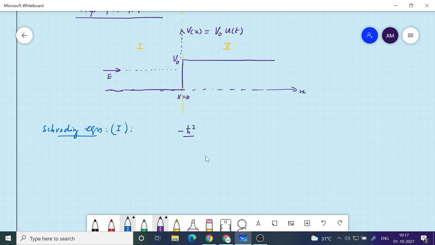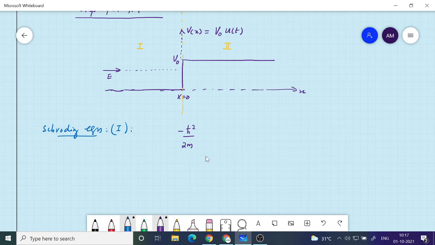minus h cut square. So by Schrodinger equation, I am only talking about the time independent Schrodinger equation, because that is what we need to solve to get energy eigenvalues and energy eigenfunctions. And once you get energy eigenvalues and functions, then it is just multiplication with a known function, which is just adding phase to the wave function. Okay, so that is trivial. But what is more required to solve is basically the time independent Schrodinger equation.